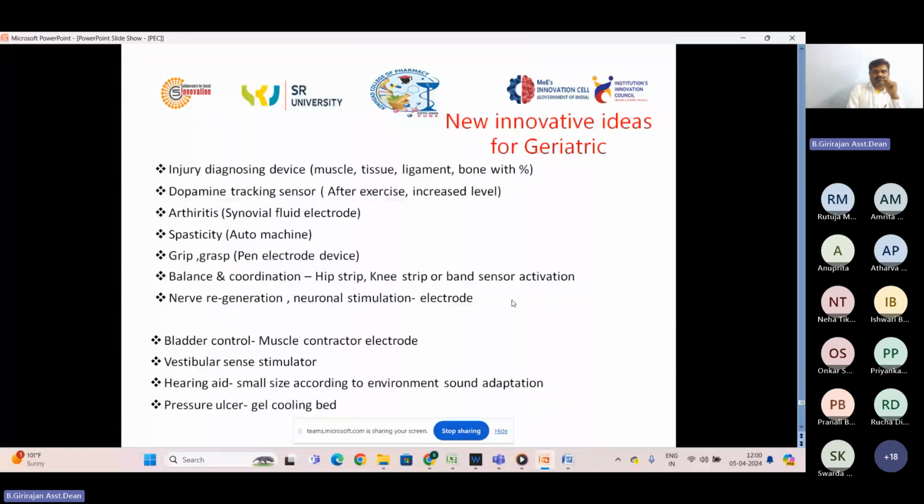There are many problems that have no solutions until now, even at the global level. Here you have the injury diagnosing device. These are some of the medical terms shared here. I hope all the students and the faculty members are familiar with these terms better than me.